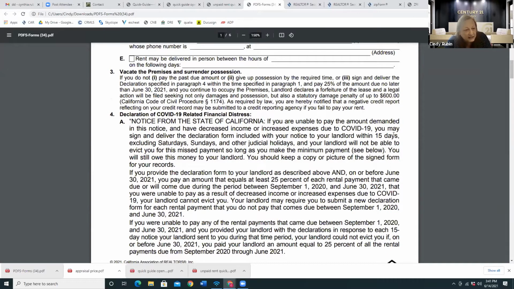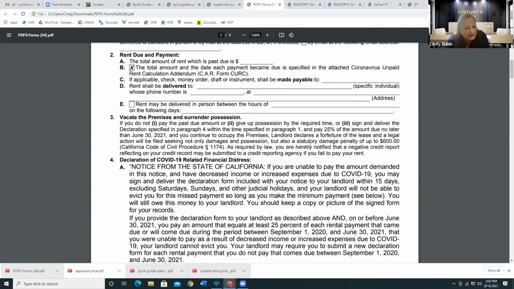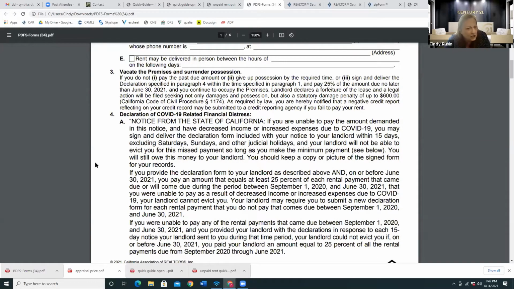So this is, they're still allowed, if they're unable to pay the amount because of decreased income or increased expenses due to COVID, you can sign and deliver the declaration to your landlord within 15 days. The 15 days is the same as you paying the rent. Okay, and they can't evict you for the missed payments as long as you make a minimum payment, right, of 25%, I forgot what it was, sorry, of 25%. You will still owe the money to your landlord. You should keep a copy or picture of the signed form for your record. So you're not getting out of owing the money, you're only just deferring it